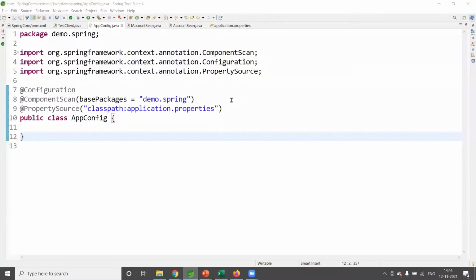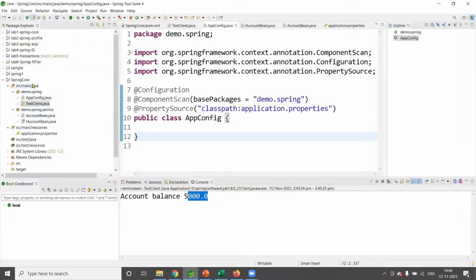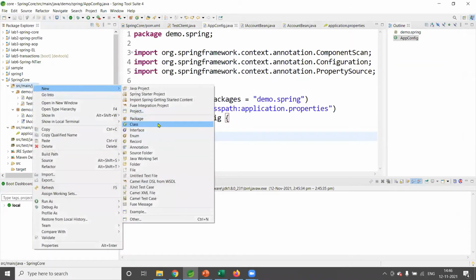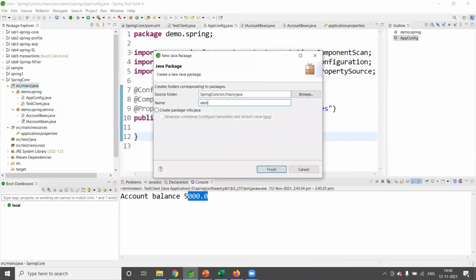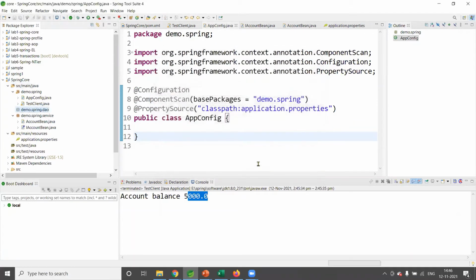Now let us try for the dependencies, right? We will have one more class and that we will inject into the account bean, right? So let me create one more package here, a new package demo.spring.dao, right? Data type, we are going to write it.